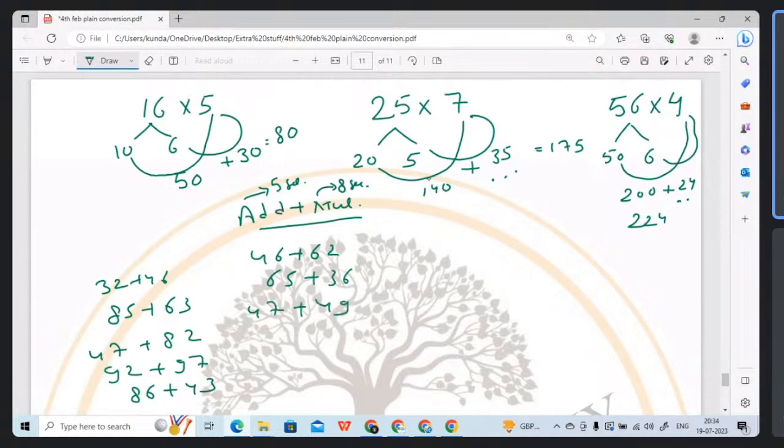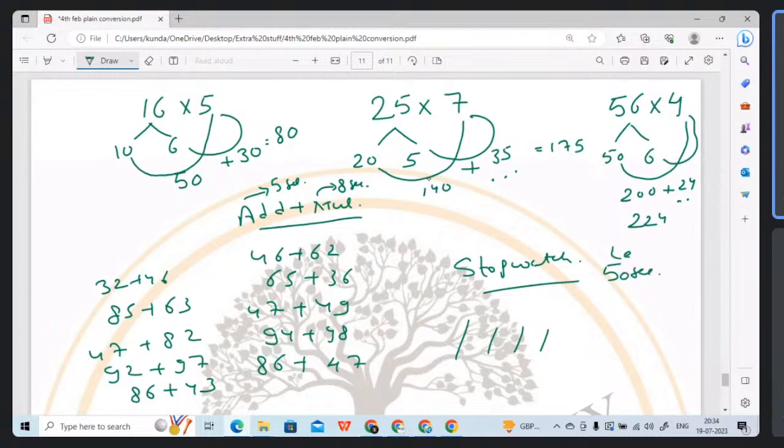47 + 49, 94 + 98, 86 + 47। ऐसा 10 क्वेश्चन ले लिया। ठीक है, अब स्टॉप वॉच लगाओ। आफ्टर दिस स्टॉप वॉच स्टार्ट करो और सिर्फ आंसर्स लिखते जाओ। सिर्फ मेंटल एडिशन करो और आंसर्स लिखो। अगर ये 10 क्वेश्चन 50 सेकेंड से कम टाइम में हो जा रहे हैं, मतलब यू आर थ्रू एंड यू आर डूइंग एट अ गुड पेस।